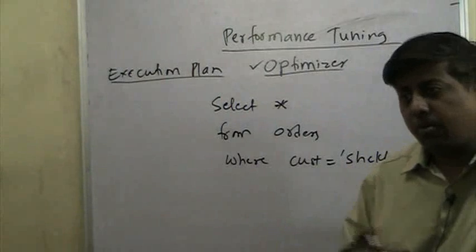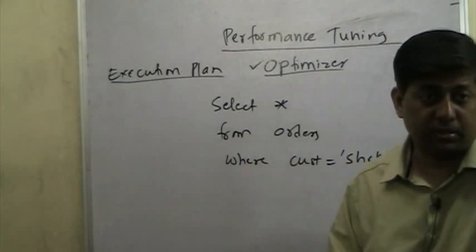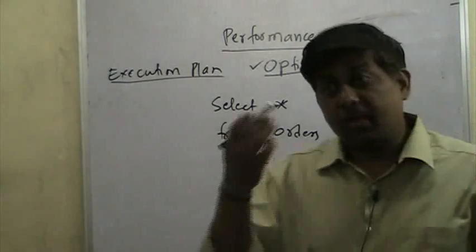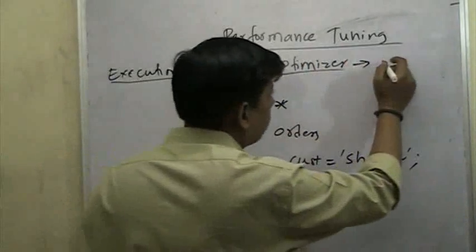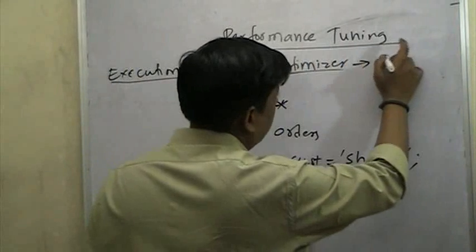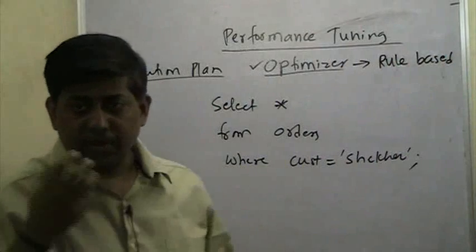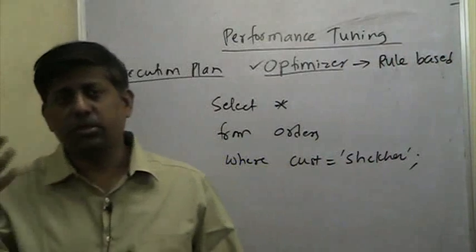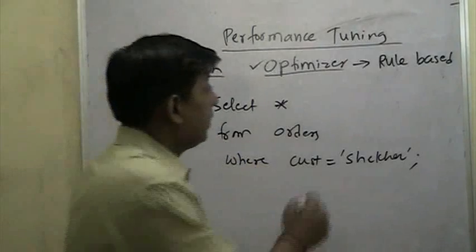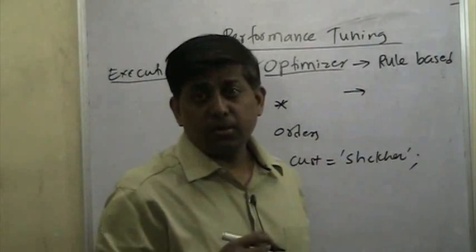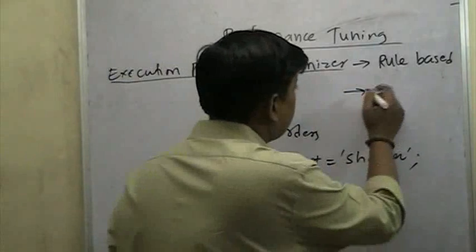But over a period of time, Oracle realized that the shortest is not the quickest, or shortest may not be the quickest. Okay, so earlier, Oracle had certain rules which kind of said shortest is the quickest, and that optimizer was called a rule-based optimizer. Rule-based optimizers were a set of algorithms, rules, which always thought the shortest is the quickest. Over a period of time they realized, no, it is not that, there are certain other aspects to it, and those aspects will dictate what is the quickest way of doing it,